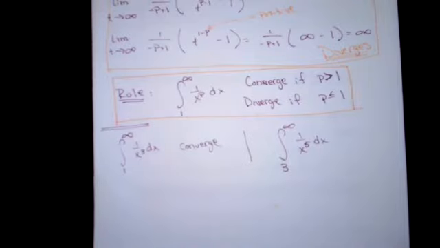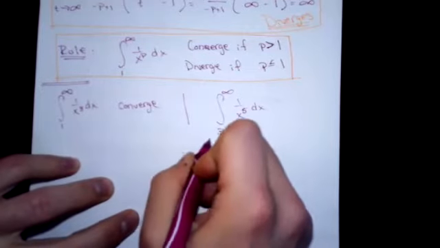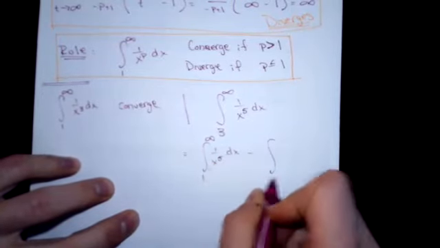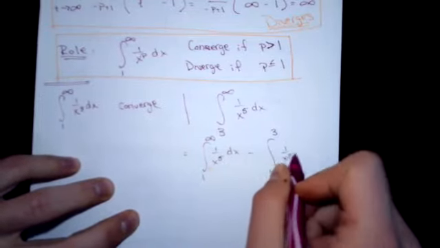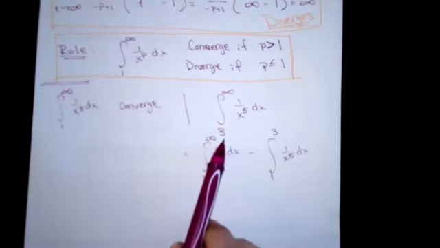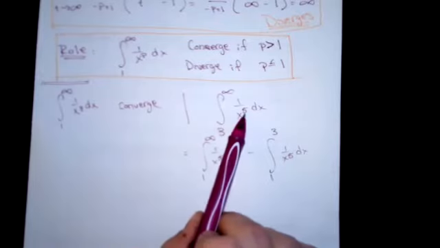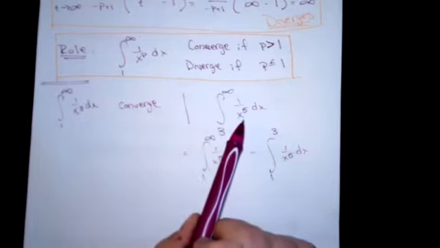Convergent or divergent? Well, you can kind of think about it this way: 1 to 3. So what's going on with this guy? I changed the bound is all we did, but really the problem was the infinity. So you should have a notion that this will still converge, because we're still starting at some finite number up to infinity. And how can we show that? Well, I know that this guy converges.